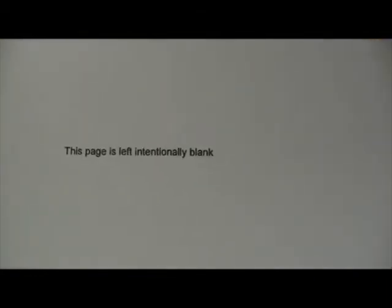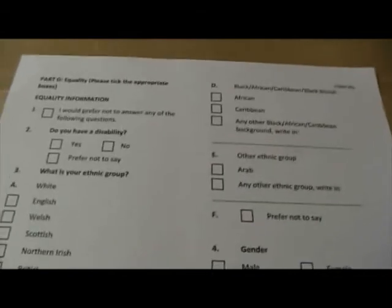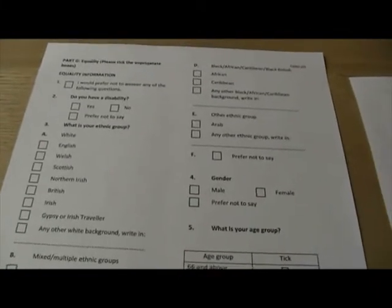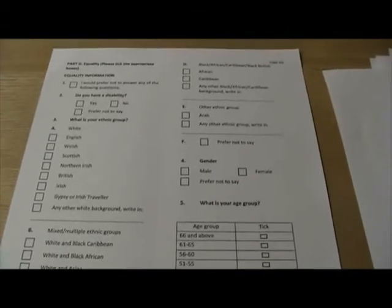And then for some reason you get a page that's meant to be blank. And the last page is optional. It's basically about your ethnicity and that kind of malarkey. You don't have to fill this in if you don't want to. It's completely up to you whether you do or you don't. I did personally. I don't see any reason why I shouldn't. It just gives them some information about the type of people that are applying for shotgun certificates, etc. So that's the shotgun certificate